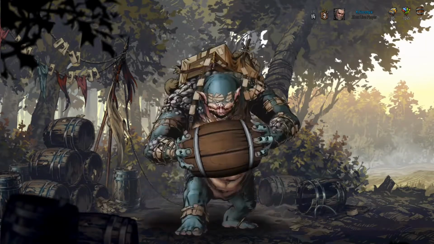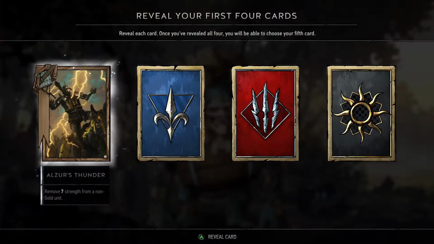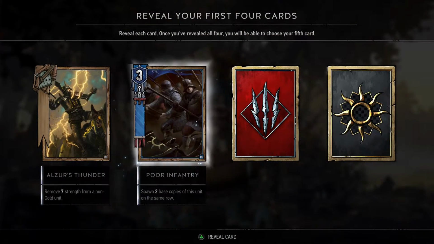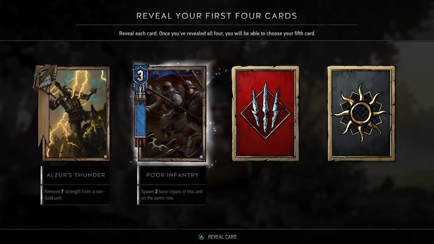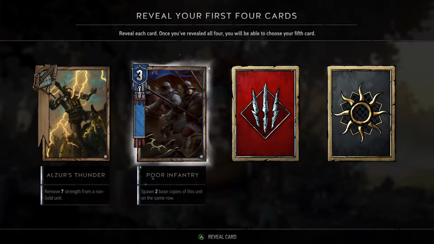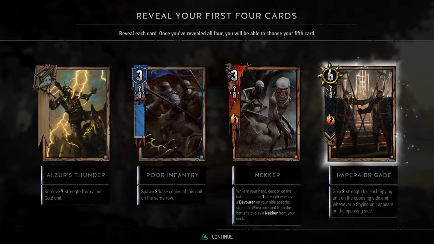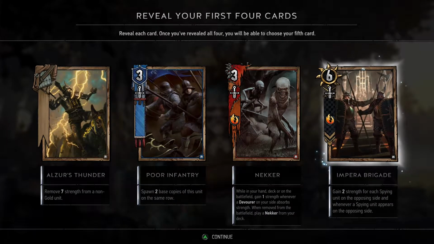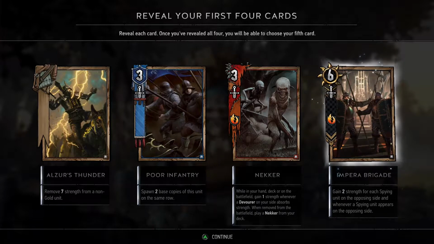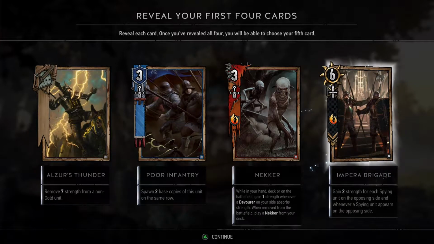Okay, here we are. First up, we've seen Alzur's Thunder. And 3 strength Northern Realms, Poor Infantry. Spawn 2 base copies of this unit on the same row. Necker we've seen. Nilfgaard 6 strength, Impera Brigade. Gain 2 strength for each spying unit on the opposing side and whenever a spying unit appears on the opposing